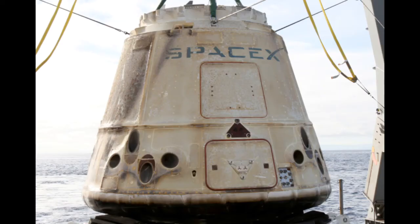A SpaceX Dragon cargo ship has splashed down in the eastern Pacific Ocean southwest of Long Beach, California. The Dragon CRS-12 capsule was carrying just under 2 tons of equipment and completed science experiments from the International Space Station. The capsule had undocked from the space station's Earth-facing Harmony module 5.5 hours earlier